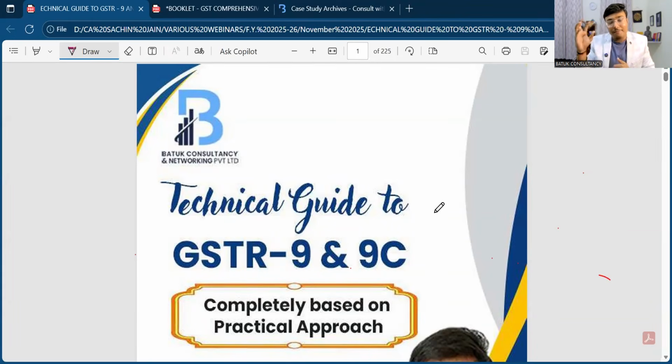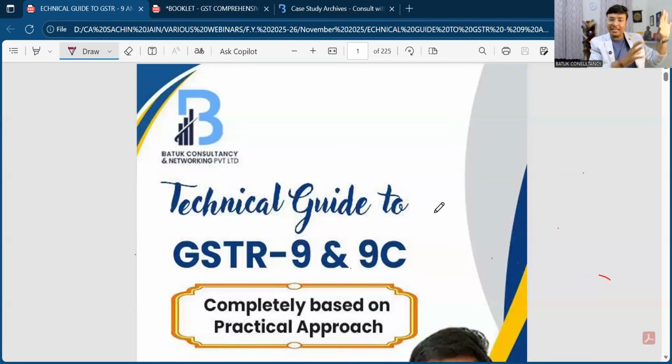So the future area of practice in GST, you can say, that is litigations. To save your client from litigations, to prevent your client from litigation, and to argue for your client in case of litigation is completely based on your skills, and those skills you need to present while filing the GSTR 9 and 9C return. Because sir, if I am talking from the perspective of your GSTR 3B and GSTR 1 return,